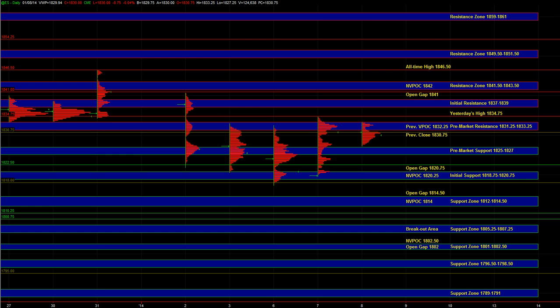We've simply been balancing within a range, and the bias heading into the open is relatively neutral because there really isn't any big economic catalyst early in the session that can drive price and sustain a directional move. Doesn't mean it can't happen, but there's no econ report or anything out that will tell us that it's very likely to happen. So at this point, that 31 quarter to 33 quarter resistance is very key on the upside,